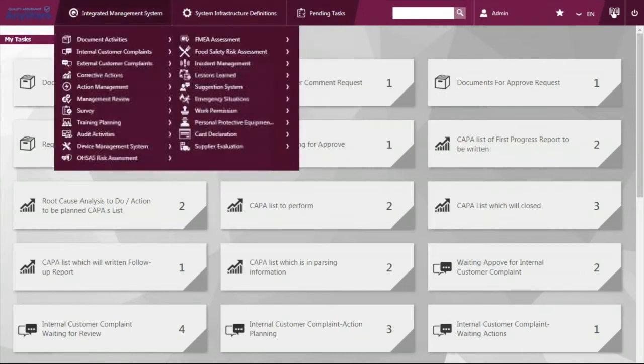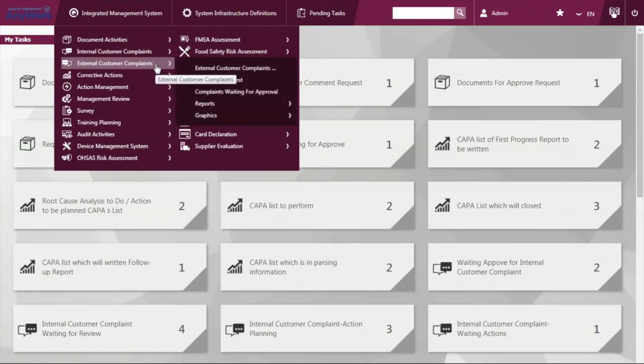As I'm logging in as the admin, I can see the menus of all the available modules here. And Quality Assurance Anywhere is a modular system so that you can pick and choose the modules that you want to have on your on-premise server or your cloud server. As I mentioned in the beginning, today we will focus on the external customer complaint module.